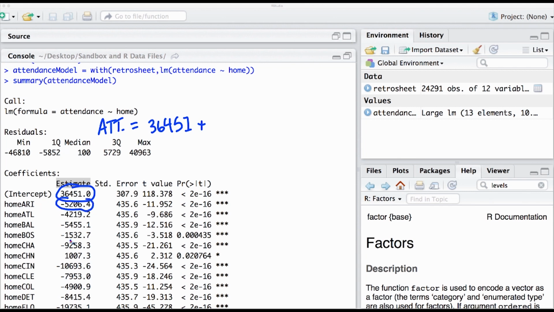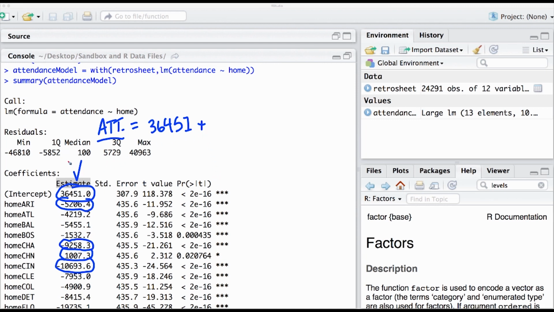If it's the White Sox, we subtract this estimate. If it's the Cubs, we add this estimate. All of these things now estimate our final attendance of any given combination of the home team. So we can just go say, well, what's the average attendance for Cleveland? Well, it's 36,451 minus 79,53 in our data set.